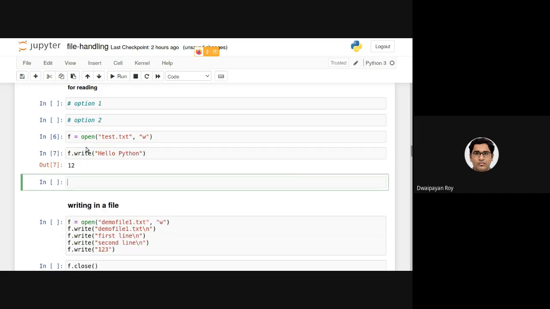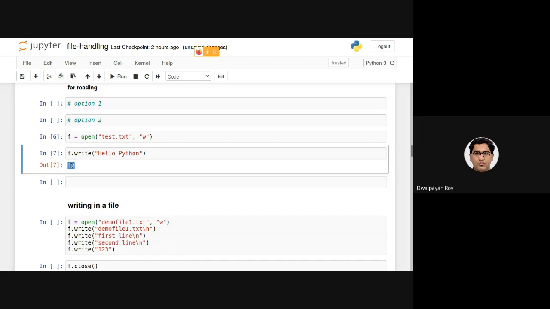If I execute this, there is an immediate output here, which you will not find if you run the code from a terminal, say your Unix terminal or something similar. But from the notebook, you can see there is an output 12.